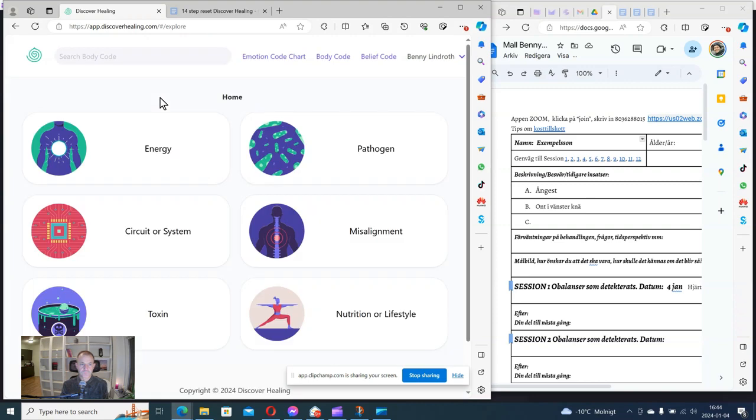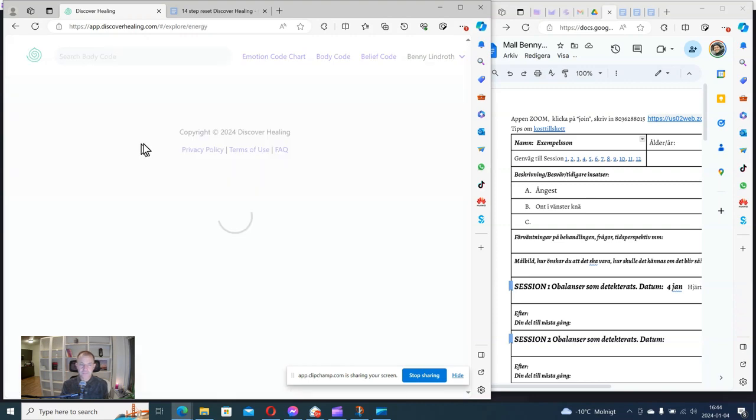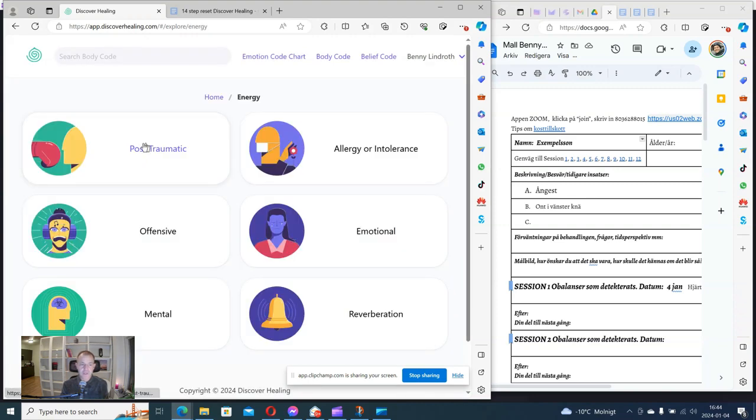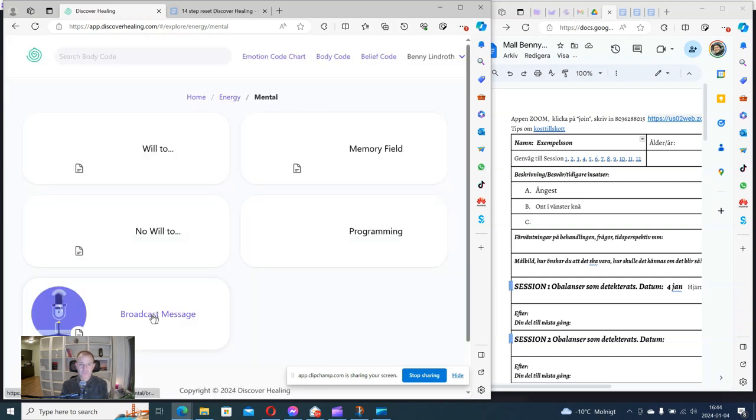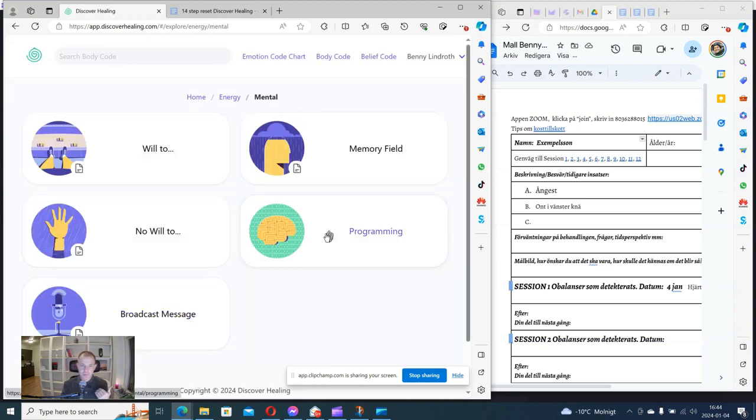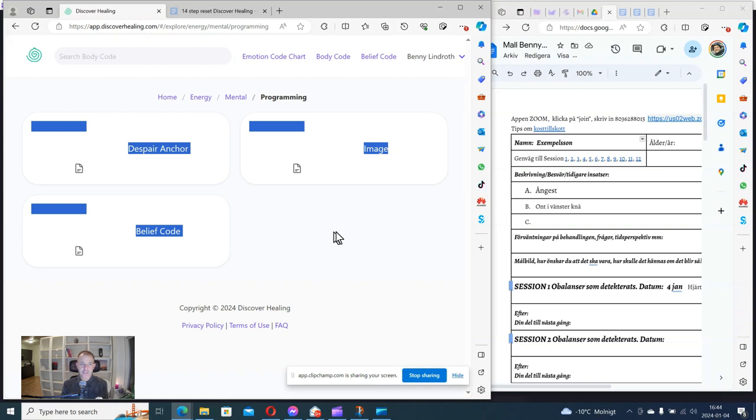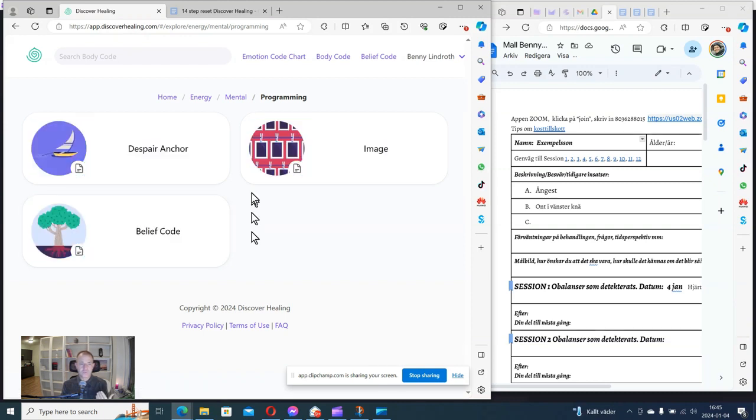In an energy, we have this mental energy, and we have a subsection here called programming. And under that section, we have the belief code. So this is a separate system, you could say, but it's also a part.